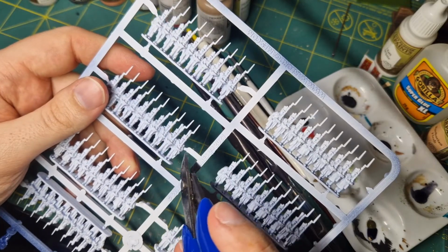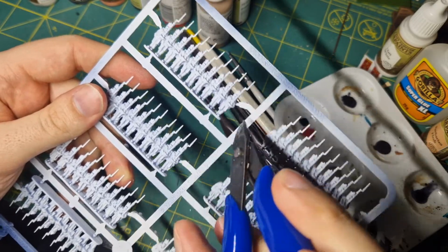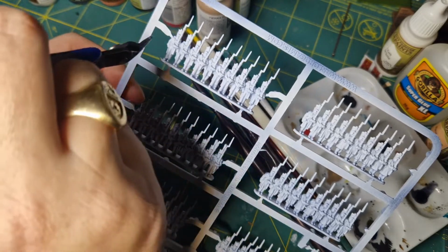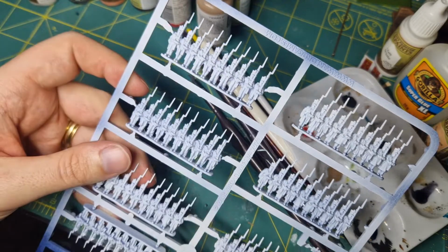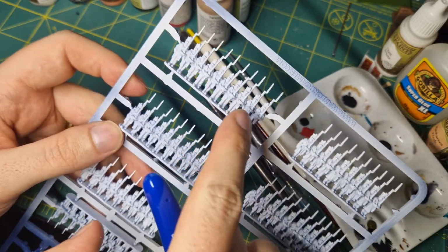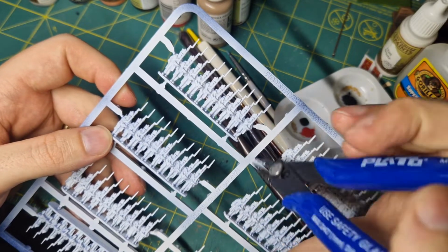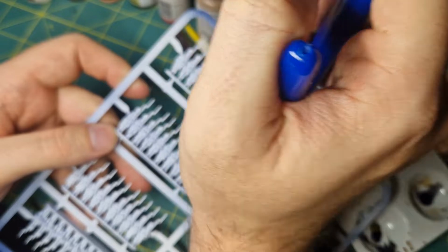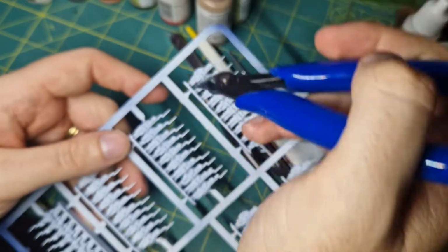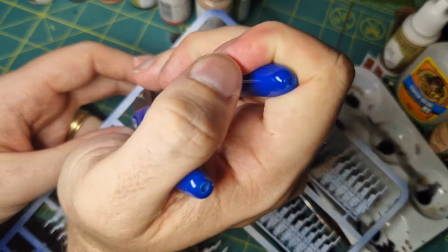I'm just going to snip a couple of these. I'm not going to paint the whole frame for this video. And I do not in any way profess to be an expert in Napoleonics. I'm actually quite new to it. I'm doing a lot of research trying to understand some of the different uniform colors. Like right now, the little pom-poms I painted all red. And I'm trying to learn and understand, okay, when would they be different? Is it between divisions? Is it between regiments or battalions? Or unit types, fusiliers, grenadiers, and the like? And then how are those